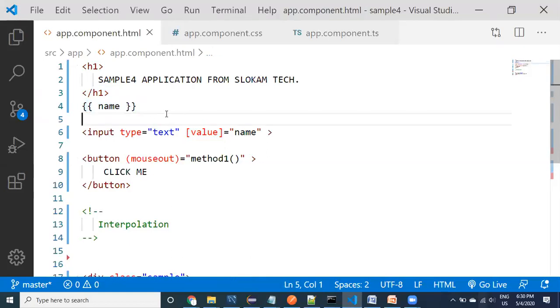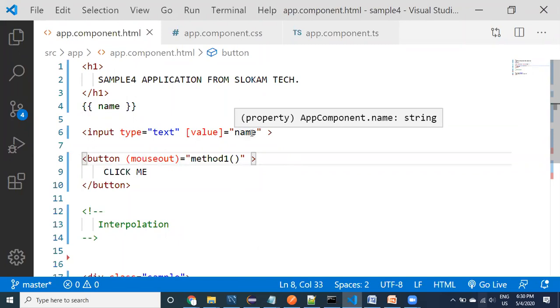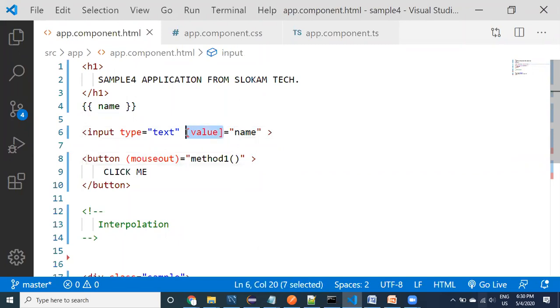We are going to learn so many things related to these concepts. This is interpolation, this is property binding, and this is event binding. Now, after providing property binding, I would like to go here and check.